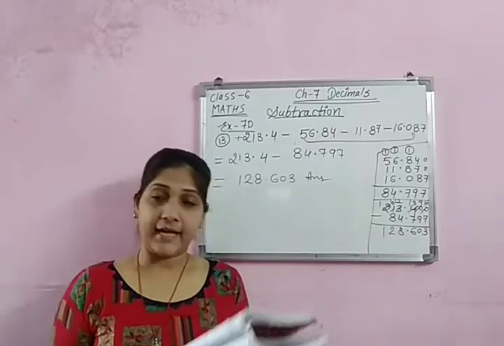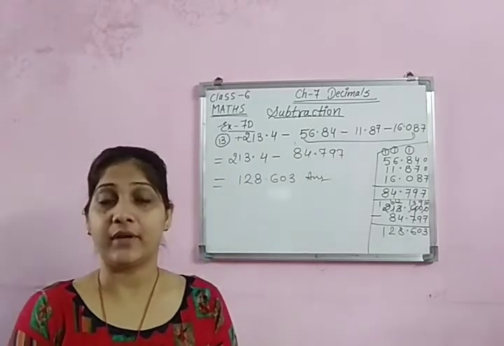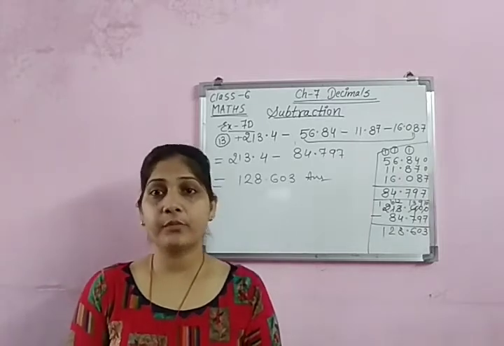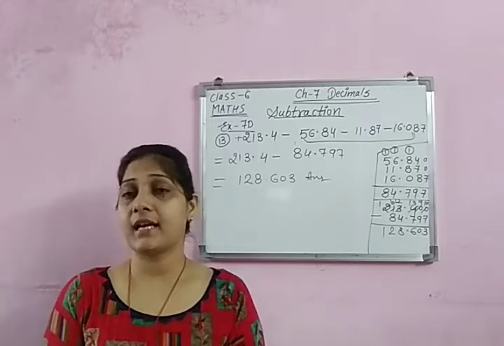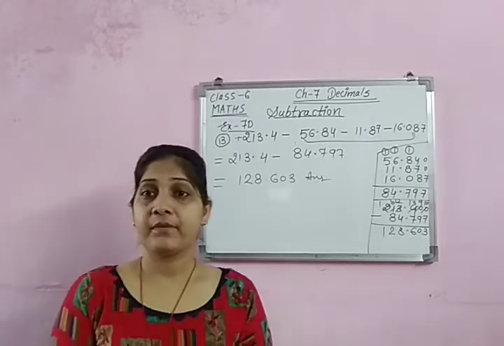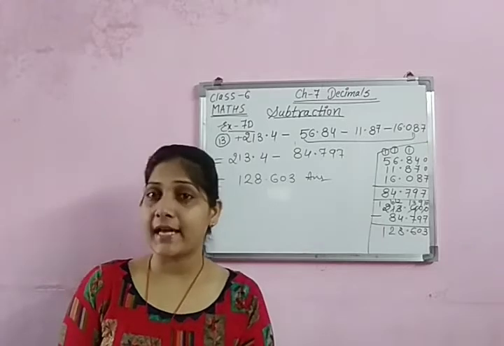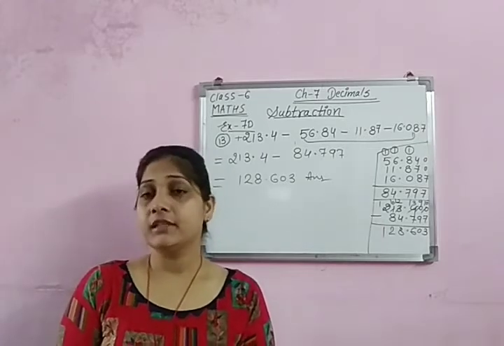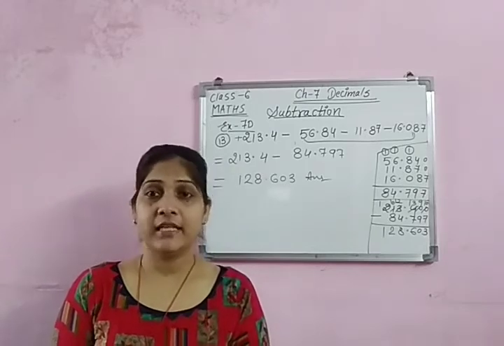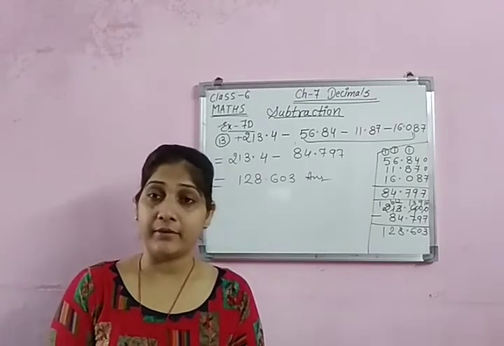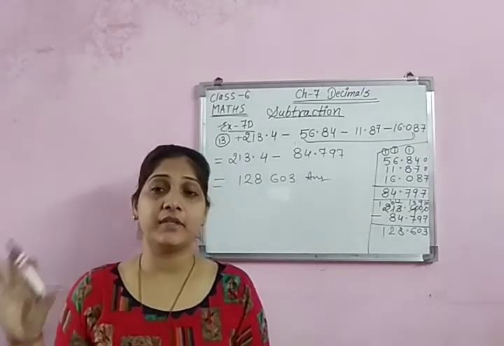What is to be added to 74.5 to get 91? 74.5 में क्या ऐड करें जिससे कि इसका आंसर हो जाए 91? So whenever the language is this, like I am saying what is to be added to 15 to get 20. 15 में क्या ऐड करें 20 आने के लिए? It's very simple that we have to add 5. But how? It means we have to find the difference. 20 minus 15 is 5.